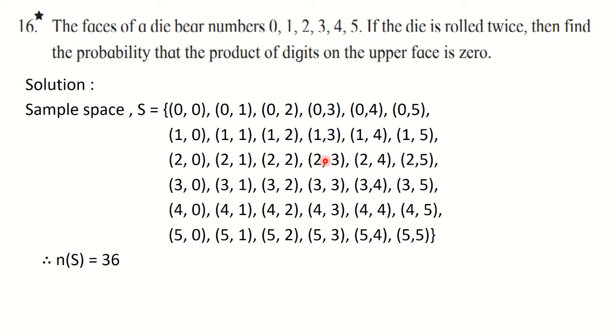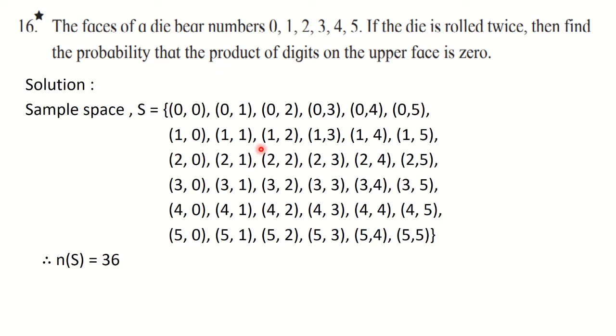For the regular die we start with 1 1 and we end with 6 6, but here we are going to start with 0 0 and we are going to end with 5 5. So write down all the sample points here starting from 0. So first line is having 0 0, 0 1, 0 2, 0 3, 0 4, 0 5. Then we are starting with 1.